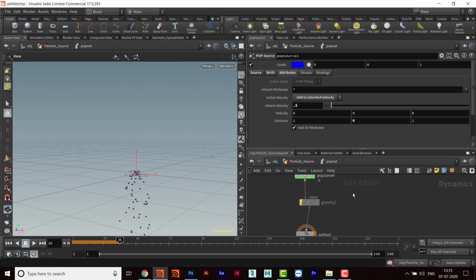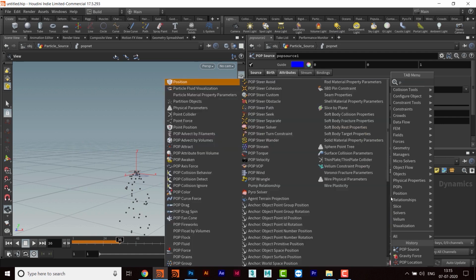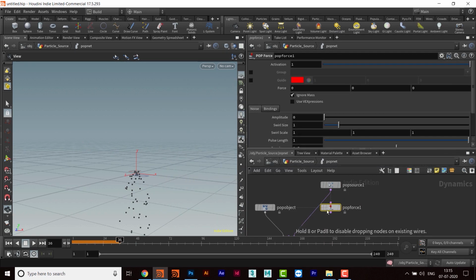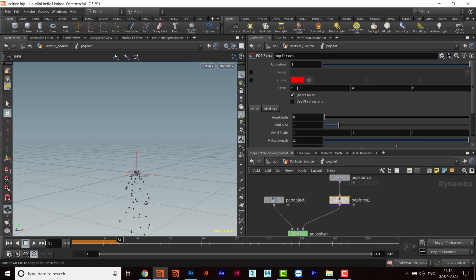But what if I don't use this? I can come here and use pop force, and in this force parameter I can give minus 9.8, and then the value will be same.